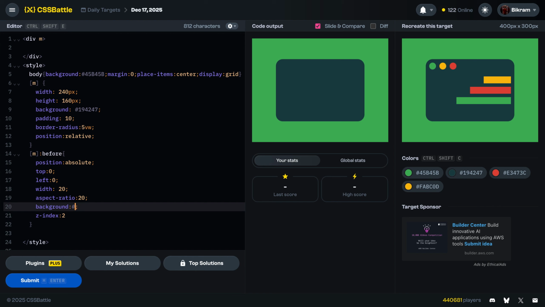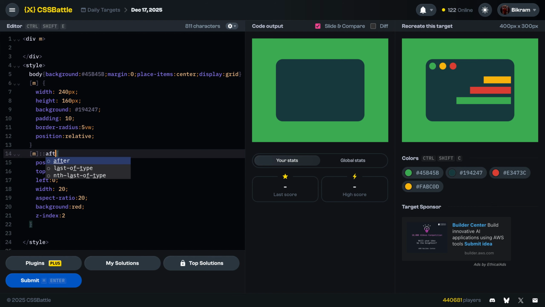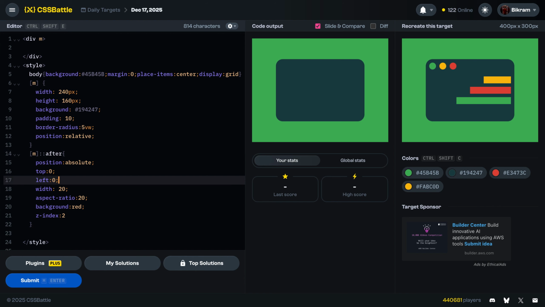Let's change the color to red. No, what am I doing wrong? Oh, aspect ratio